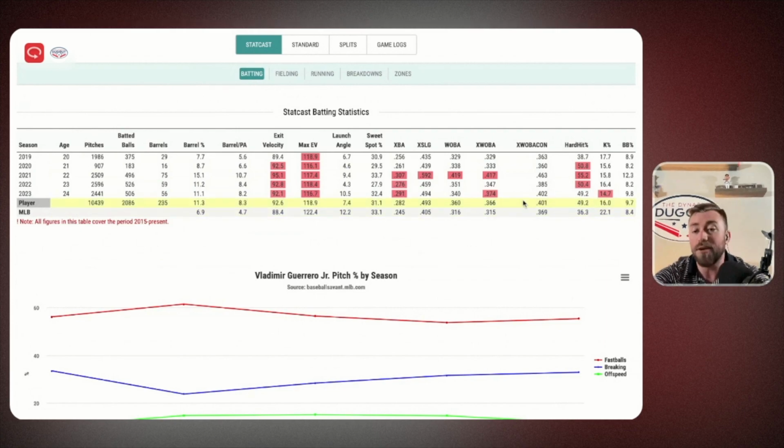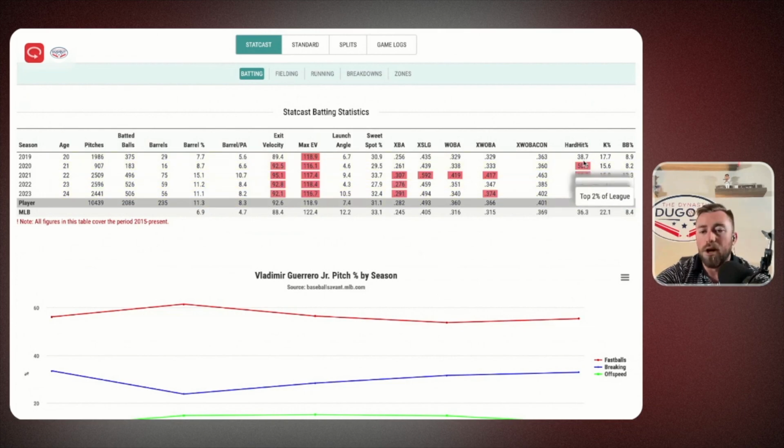You can see the damage here on his xwOBAcon. So this is only on contact, pitches that he makes contact on. What kind of damage is he doing? .402 xwOBAcon, .463 xwOBAcon in 2021. Those are elite numbers. So hard hit rates all check the boxes. 50% or higher every year, and right there at that number this year at 49.2%. The K rate has trended downward every year. He walks near 10%. Vlad checks nearly every box that you want to see, which is like, okay, well,